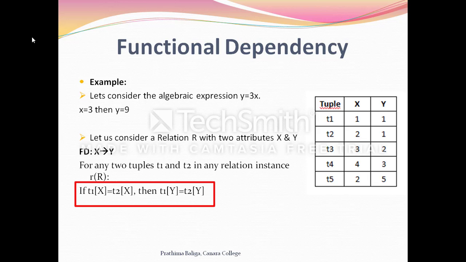In the relation instance with 4 tuples, there is no repetition of x value. Therefore, we can come to a conclusion that X determines Y, and this is a functional dependency. But with the 5 tuples, X determines Y is false. In t5, if the Y value was equal to 1 and the X value was 2, then definitely a functional dependency exists. If this example is not clear, let's move to another example.